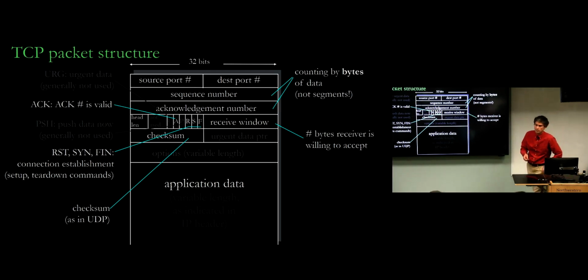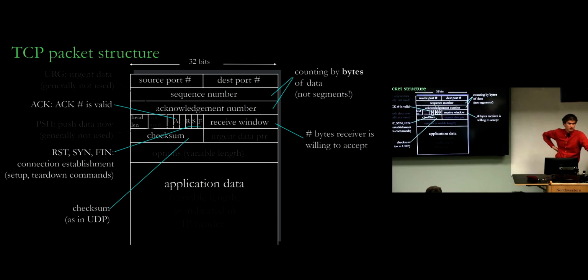For some reason, you decided to change the size of the window, so the receiver established that in the first connection, right? So the client, yeah. So this does change, and that's why this is part of every single packet that gets sent back and forth. Initially, you might say, okay, I'm ready to receive 3000 bytes. And then the next time you send a packet, you might say, now I can only receive 2000 because I filled up part of that buffer, or maybe I made more space available in my buffers. So that's something that changes over time, and it allows each end of the connection to advertise at a given time how much space they have in their buffer to receive more data.